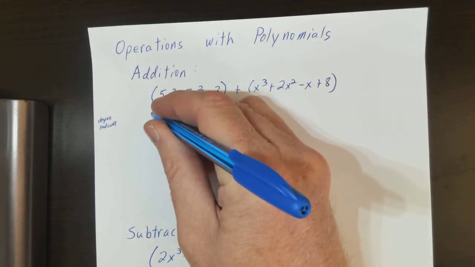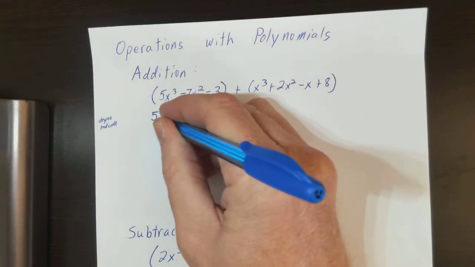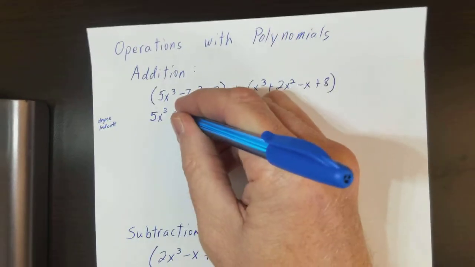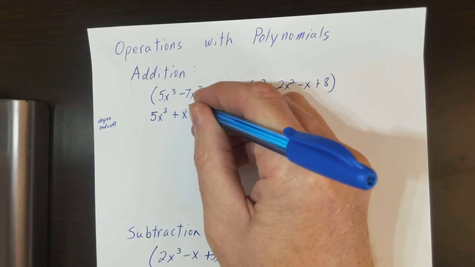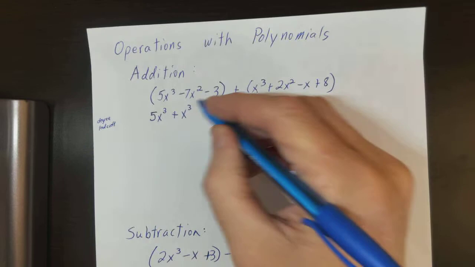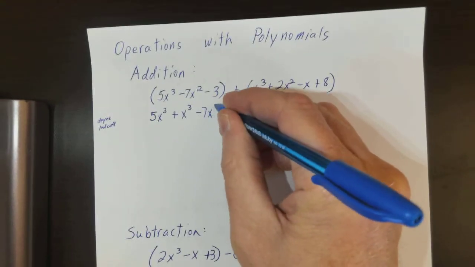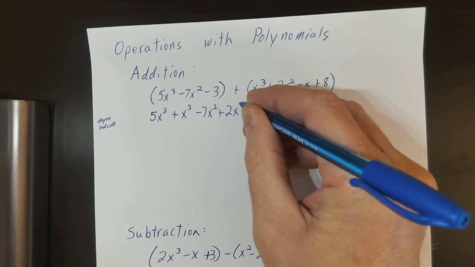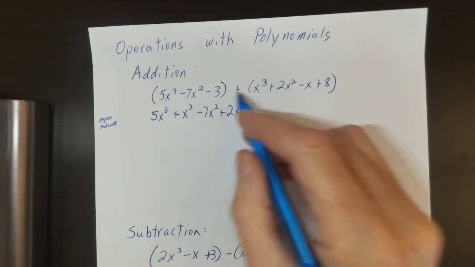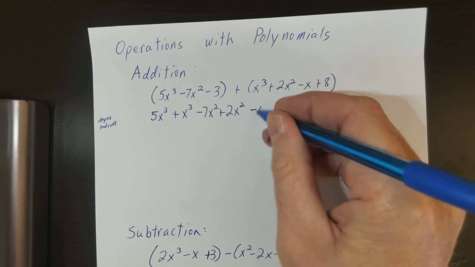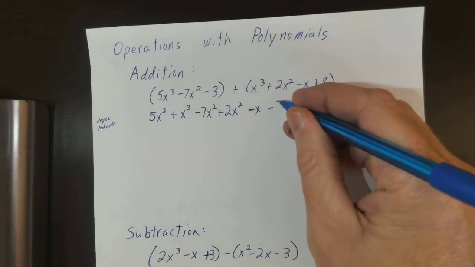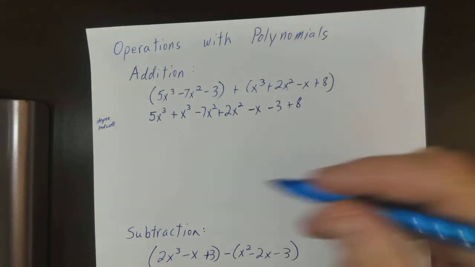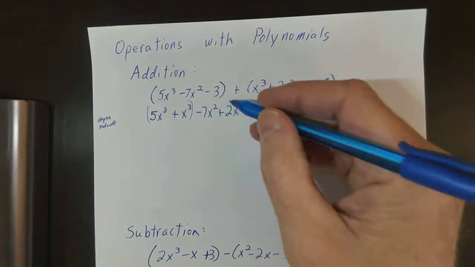I'm going to take the 5x to the third, and plus the x to the third from this one. I've got negative 7x squared here, and I do have plus 2x squared here. I don't have an x term here, but I do here, so minus x. I've got minus 3 and then plus 8. Putting all the like terms together,